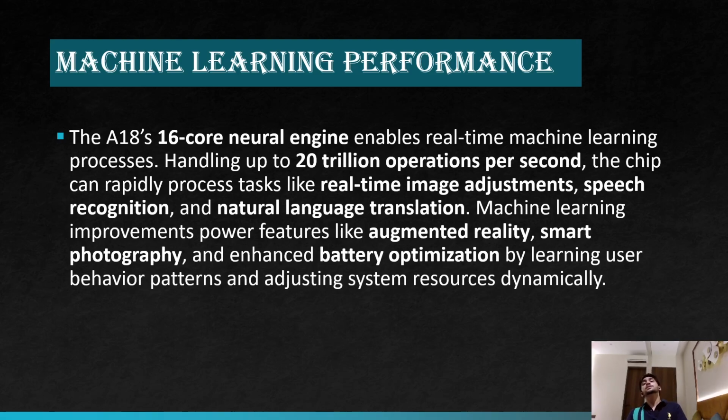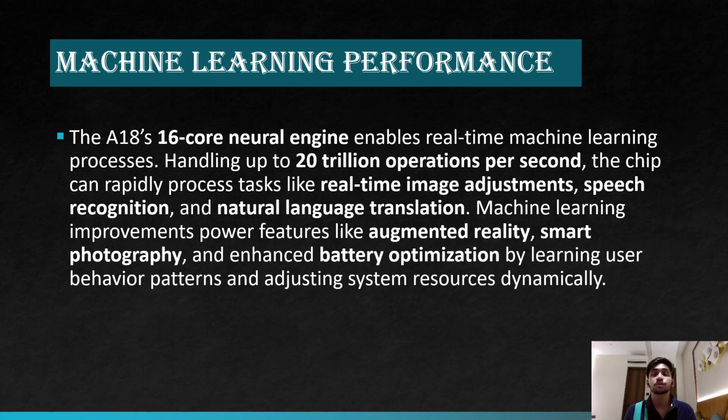Now talking about machine learning performance, the A18's 16-core Neural Engine enables real-time machine learning processes. It handles up to 20 trillion operations per second. You can imagine, 20 trillion operations per second. The chip can rapidly process tasks like real-time image adjustments, speech recognition, and natural language translation. Machine learning improves power features like augmented reality, smart photography, and enhanced battery optimization by learning user behavior patterns and